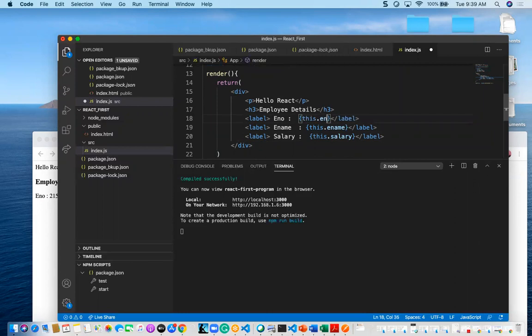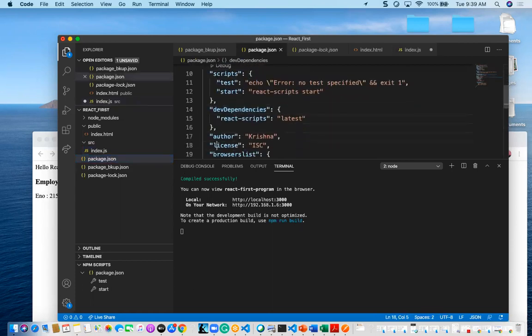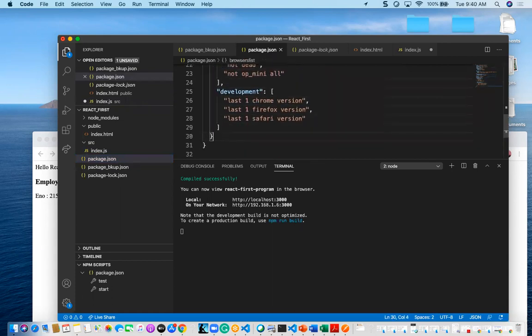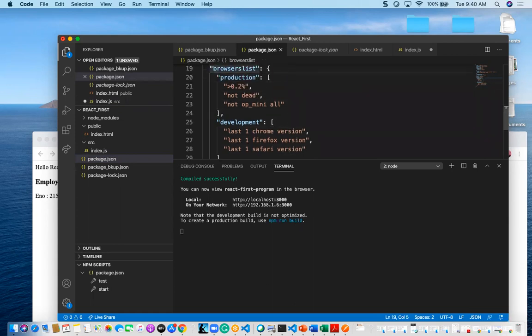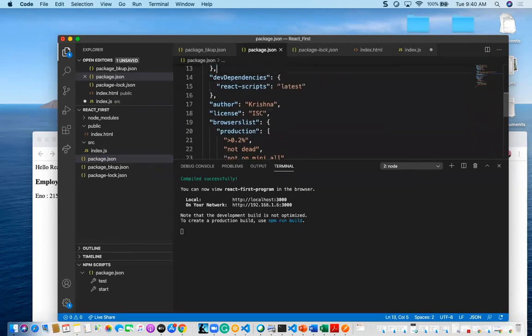Let me start. Okay. Yeah. After that, the defaults, if you remember the defaults, once they are installed, we will get these dependencies like development, the Chrome last version, one Chrome extension version, and some other default dependencies that npm will add to run npm start. Okay, so we are not going to use that. We are just going to see that we are not going to use that anywhere.